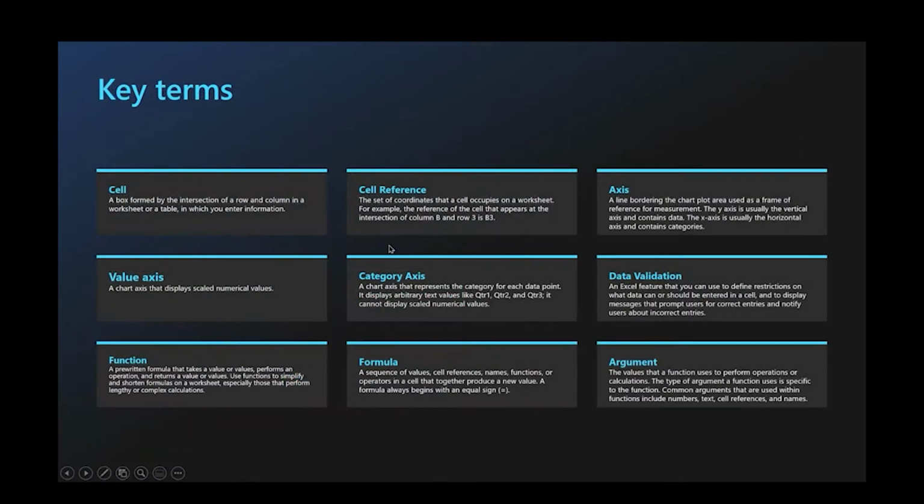Okay. These are some key terms to know. Now, I'm not going to go over all of these, but obviously a cell is where your data is actually listed. Functions. For those of you who don't understand the difference between a function and a formula, a function is basically a pre-written formula, and all you do is plug in the values.